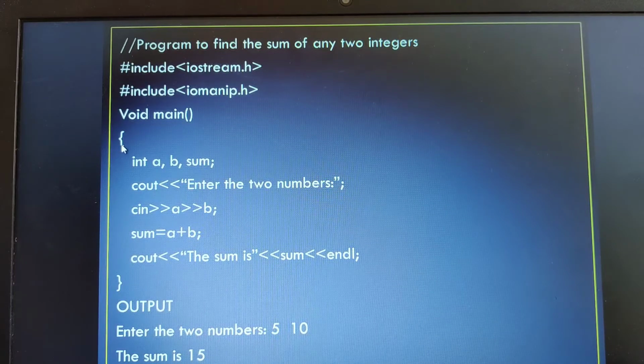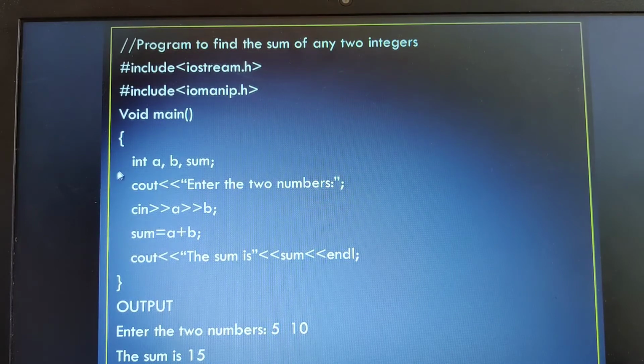Now at this point, the compiler always starts its execution from the main function. After that it sees the opening flower brace. Then it will come to the declaration section. When it comes to the declaration section, in the computer memory, what happens? There will be a storage location created with a variable known as a, then a variable b, then a variable sum. And what is the memory allocation for a? 2 bytes. b 2 bytes, sum 2 bytes. So total memory allocation for this is how many? 2, 4, 6 bytes. 6 bytes of memory will be allocated.